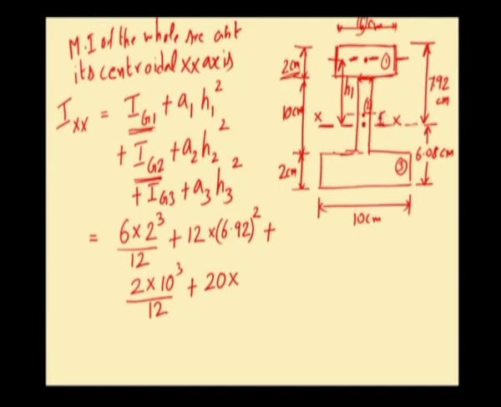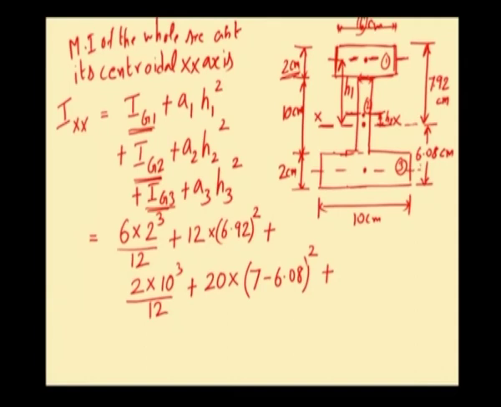So, this is h2. Now, h2 will be equal to, from the base, centroidal x axis of rectangle 2, that is this line will be at a distance of 2 plus this one is 5. So, it is 7 centimeter minus, from this distance if you subtract this 6.08, we will be getting the distance h2. So, 7 minus 6.08 the whole square plus Ig3,